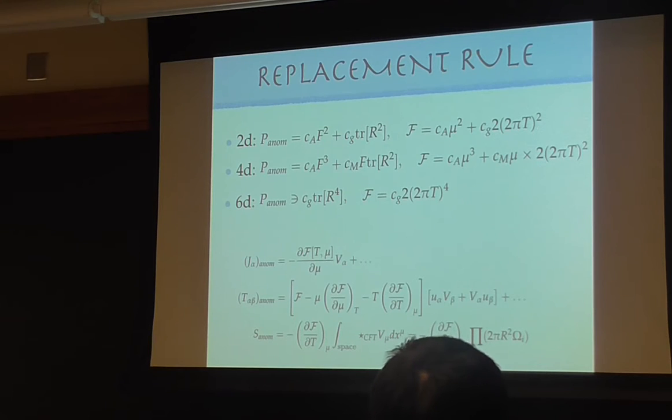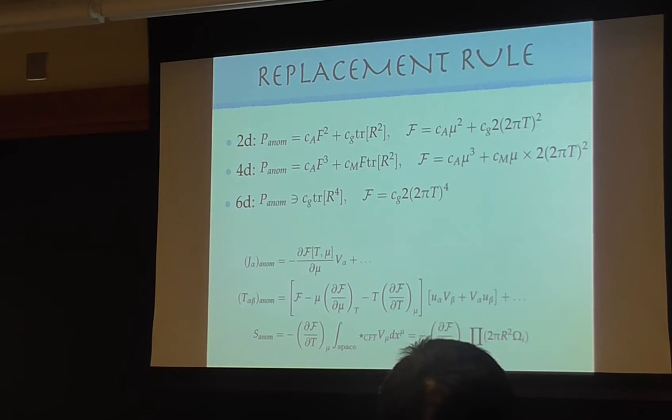In 6D, there are in fact two types of pure gravitational anomaly, trace R to the 4 and (trace R squared) squared, and let's talk about one of them. The difference between the free energy for those is a factor of 2, so it's not that different. The Gibbs free energy for the anomalous part is T to the 4. So these are free energy densities. If you like dimensional analysis and you believe you're talking about anomaly, nothing else should come in, so it should give you T to the 4. The coefficient is harder to motivate, but that's the temperature dependence.